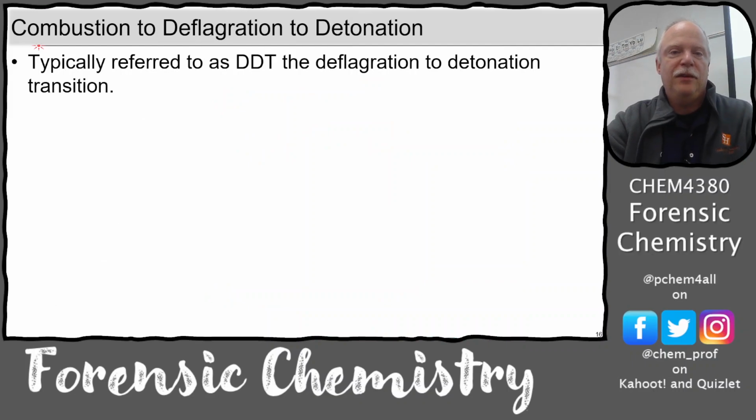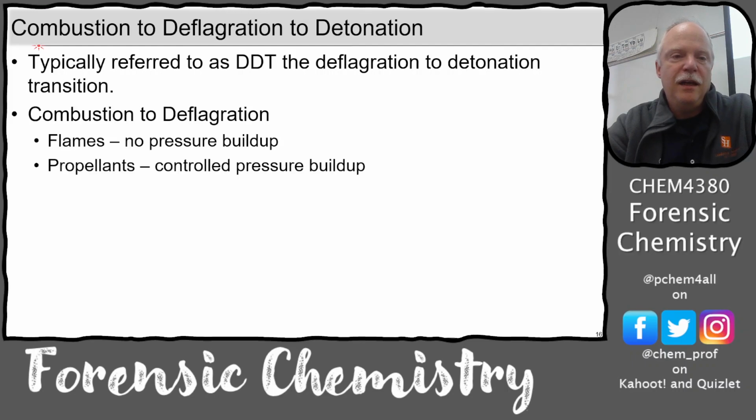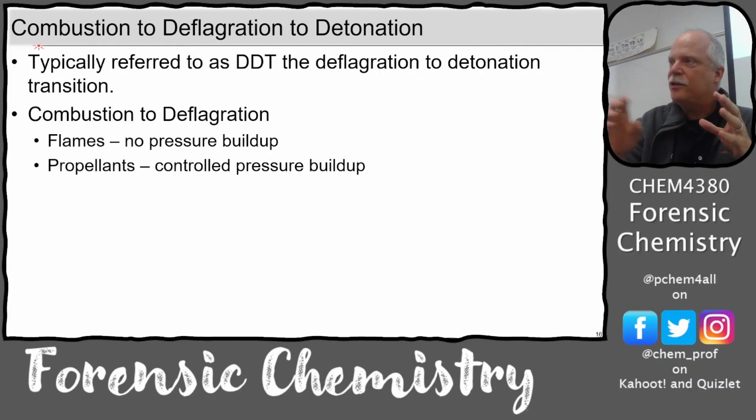So this deflagration to detonation is typically called a DDT. It's a deflagration to detonation transition, and it's where this pressure builds up and it turns into a shock wave. If it's just a flame like a candle, there's no pressure buildup. If it's a propellant, you've got it in a confined space and it builds pressure to do something. Bullets are not the only thing we use propellants for. We use them for